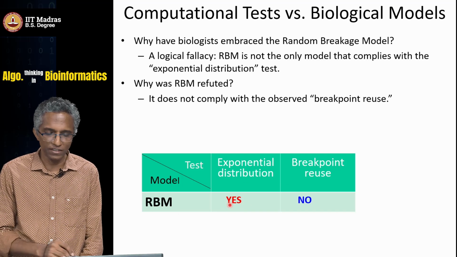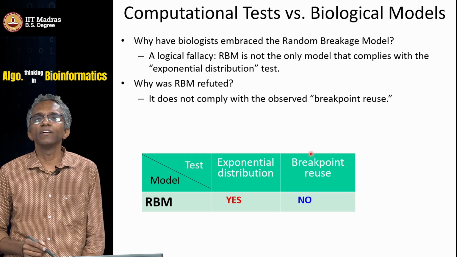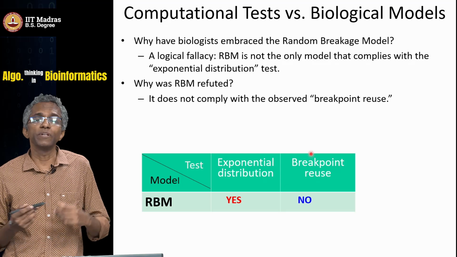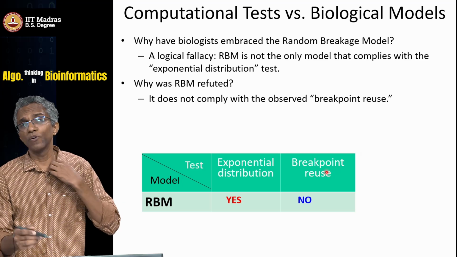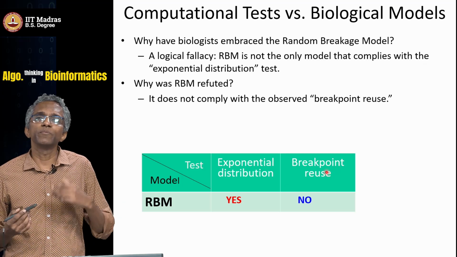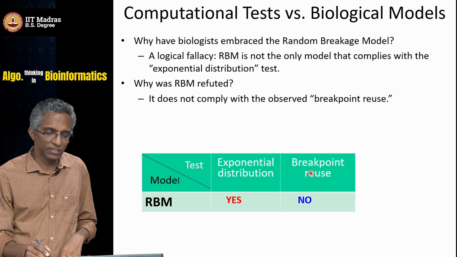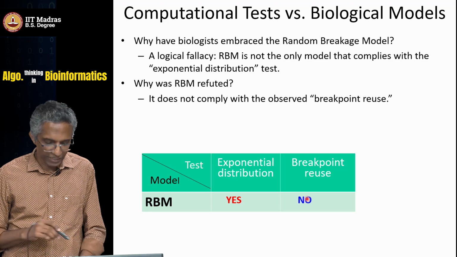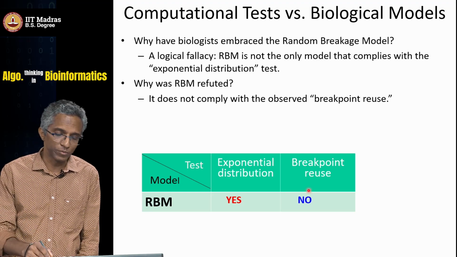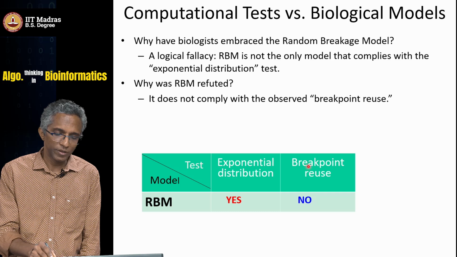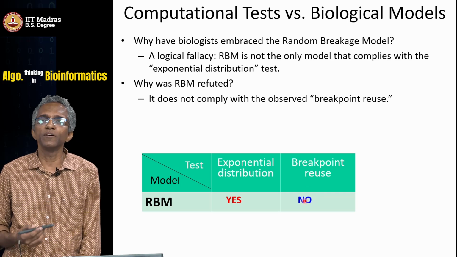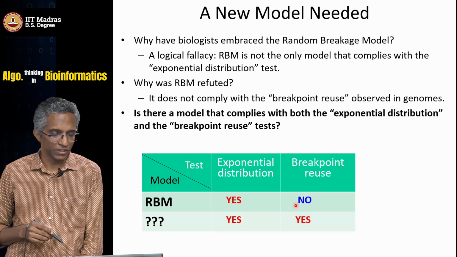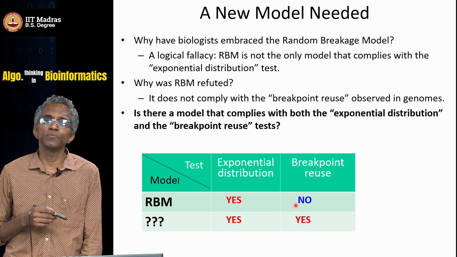But the breakpoint reuse, the 245 2-breaks that we have as a lower bound on the minimum number of 2-breaks to transform one genome into the other, does not match what we are observing in the data, the observed number of synteny blocks and cycles between human and mouse genomes. So, the random breakage model does not match it. We need a better theory, a better model to match both of these properties. And in fact, there does exist such a model. It is called the